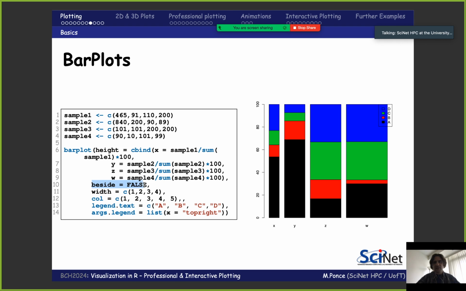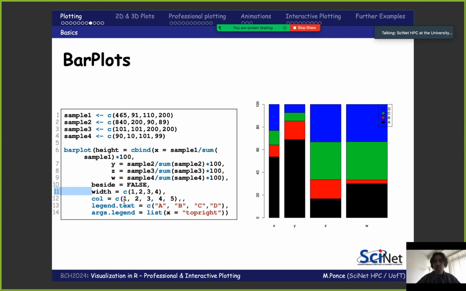Now the other thing is beside equal false means they are not going to be clamped together, so there is a tiny gap between them. Sometimes for visualization purposes it helps, but this is where I control the width, setting the width equal to, in this case, 1 for column 1, 2 for column 2, 3 for column 3, and you see the width increasing. Now this, which is set by hand here, could have come from any other observation. So it means that in principle I have the feature to add one more dimension to my representation by just changing the width of each of the columns of the bars in the bar plot.